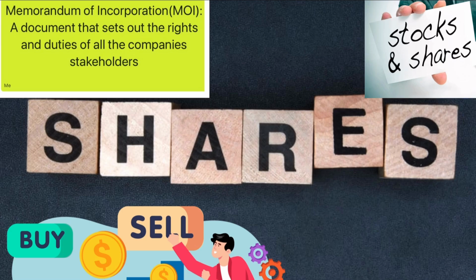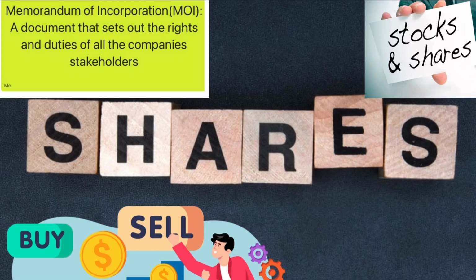The MOI will also stipulate the different classes of shares because they're not all of the same breed, they're actually different types of shares. And these different types of shares have different rights attached to them. Some might earn fixed returns, while other shares earn returns which are dependent on the profit earnings of the company. And some classes of shares might enable the shareholders to vote for directors at the AGM, while other classes have no voting rights. Some classes of shares may actually be sold to members of the public, like on the JSE or the New York Stock Exchange, while other classes might not.